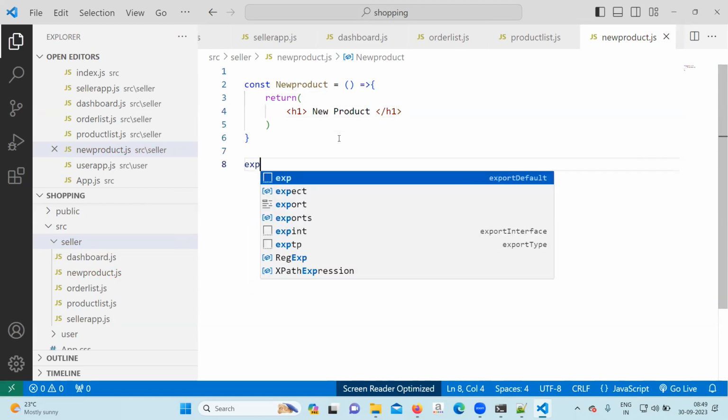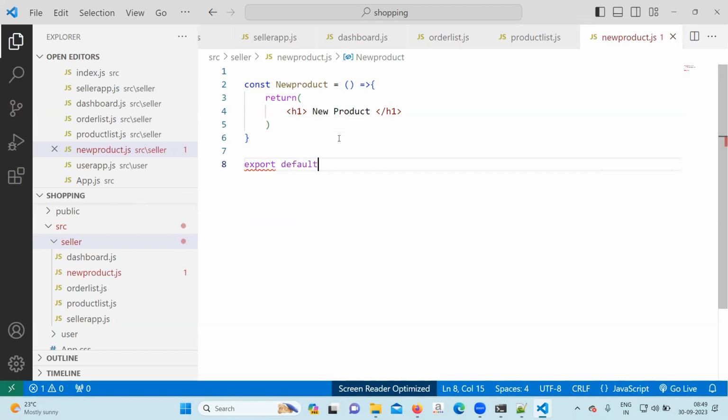Okay, export default NewProduct. Okay, the new product component is ready.